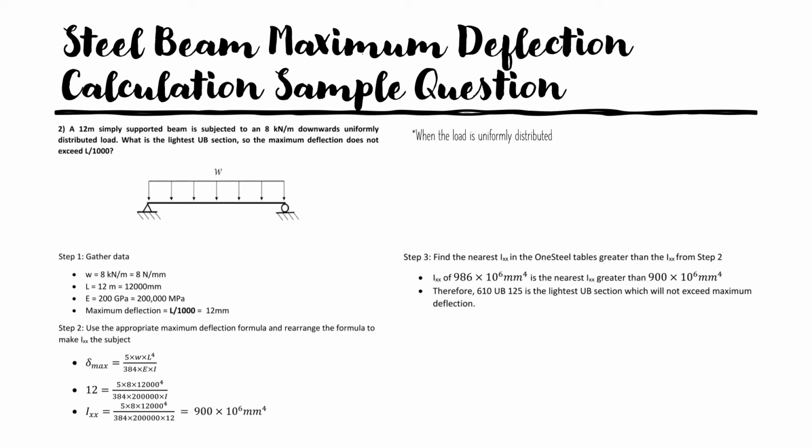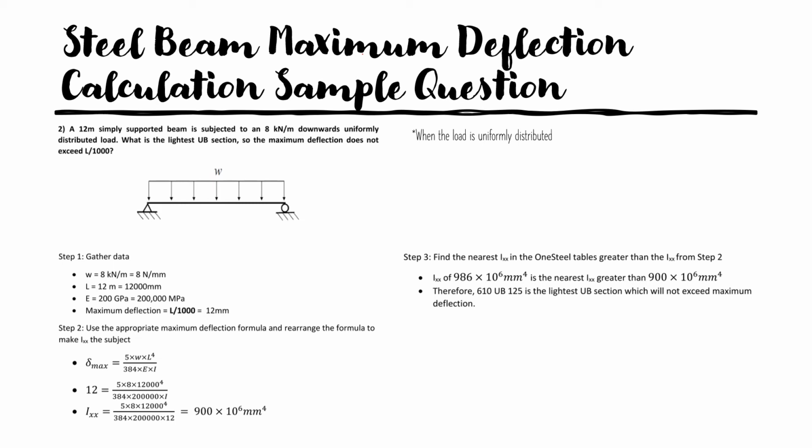After we do the math, we can have the figure for the unknown section area. Since we now have the unknown, we can easily find the nearest section area in the onesteel table provided. In conclusion, the section area 610 UB125 will be the lightest UB section that the question requires you to determine, so that the beam does not